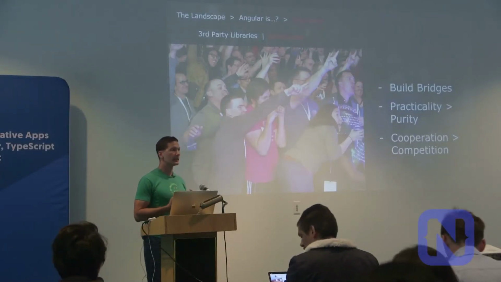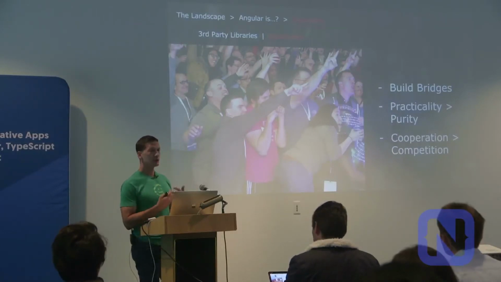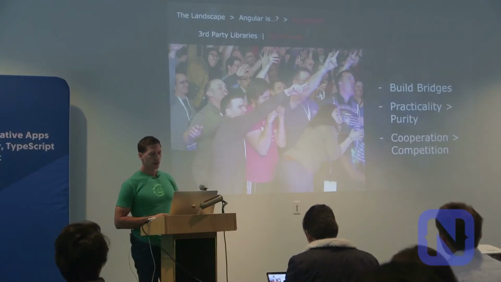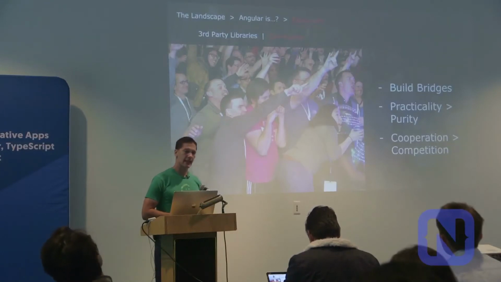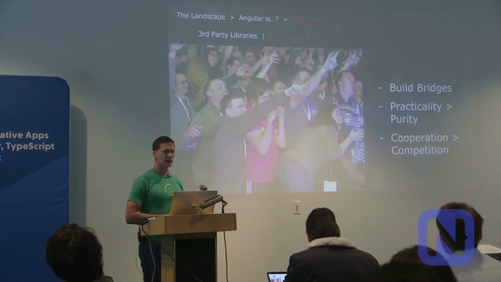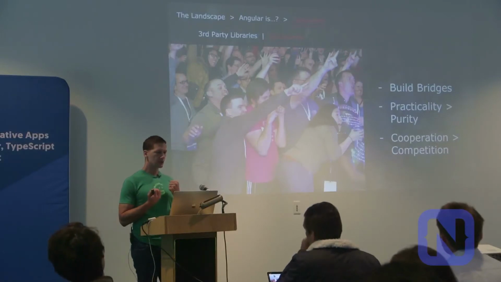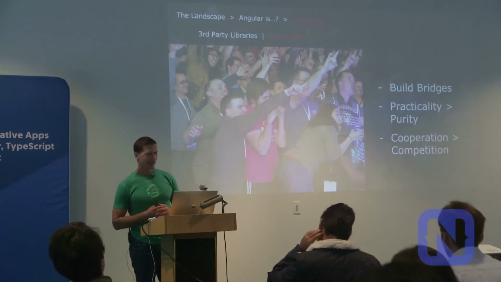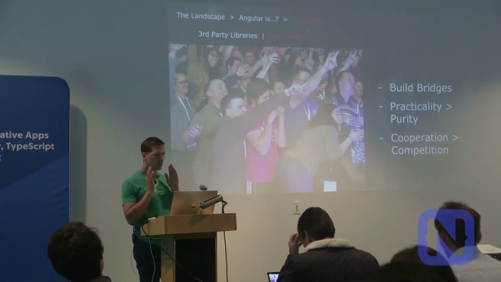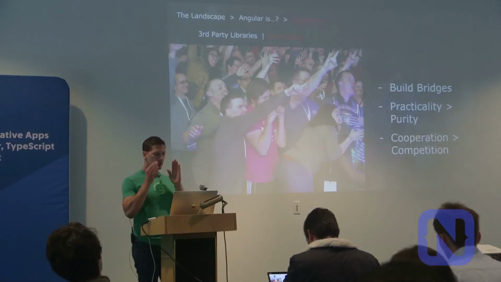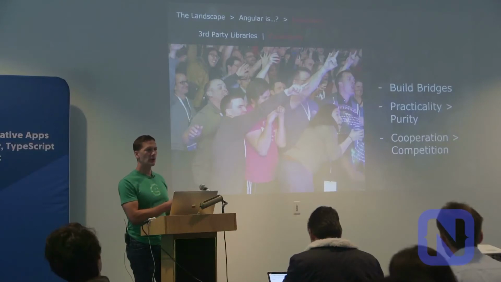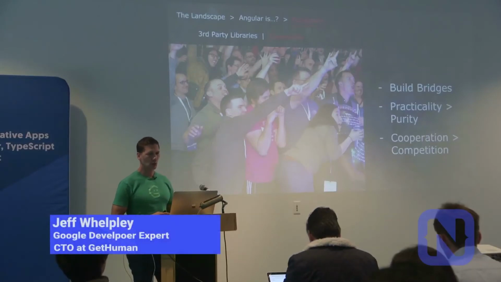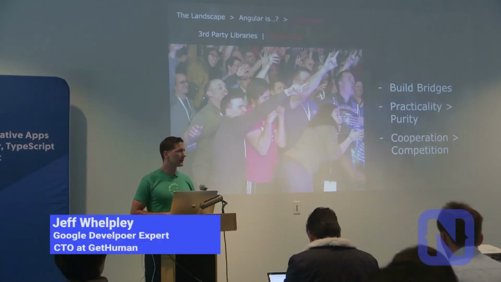And that's something that I know as an Angular GDE, we talk about amongst ourselves and we talk to all the other community members about very often. Practicality over purity. This is one of these things that I do feel that some frameworks that are more like functional programming oriented, you definitely get a lot of purists that put their nose up at anything that's not that. But there is a great focus on just getting something working, getting the goal of what you're trying to achieve done, and not worrying about some ugliness that's involved along the way, as long as it achieves the goal. So there's a certain level of practicality that goes throughout the community.